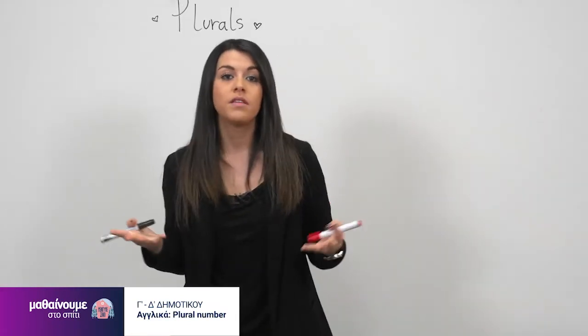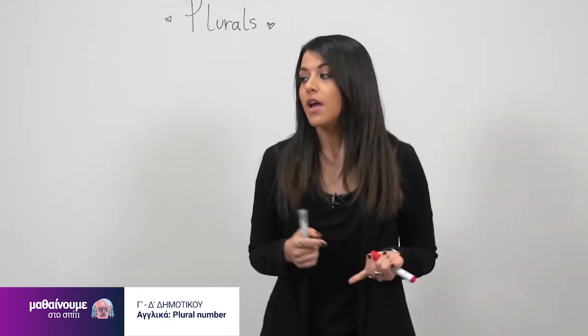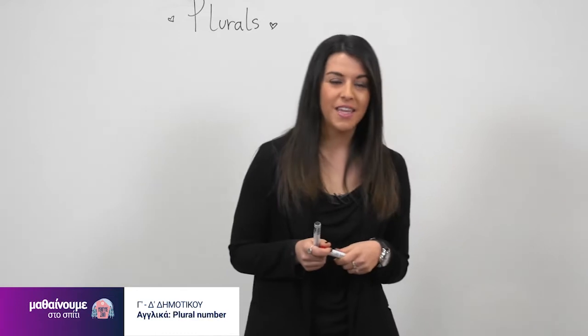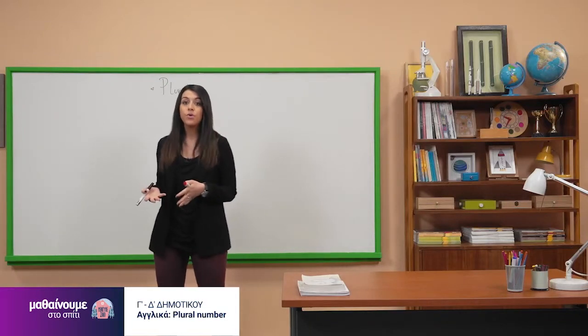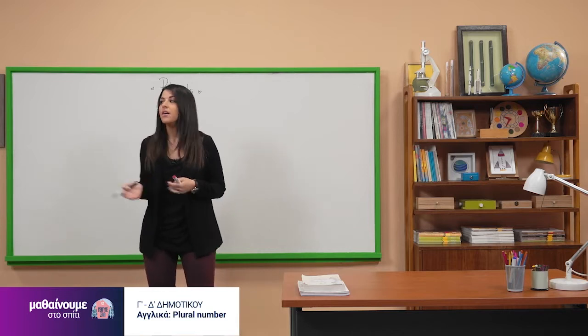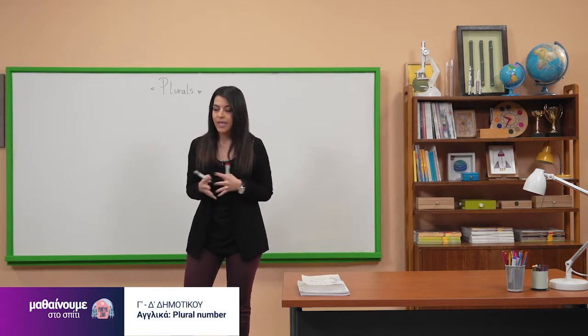What's a noun? Nouns they can be many things. They can be people, a girl, a boy, a teacher, a student. They can be animals, a dog, a cat, a monkey. They can be food, fruits, vegetables, like a banana, an apple, an orange. Or they can be places, like a school, like your house, and objects, a marker, a board, a class. So there are many, many different nouns, okay?